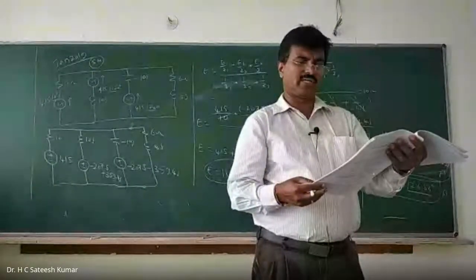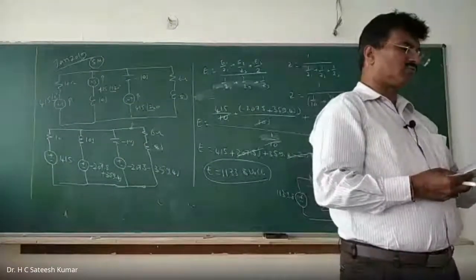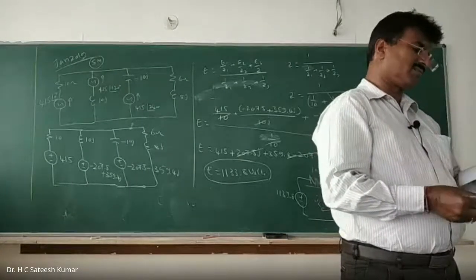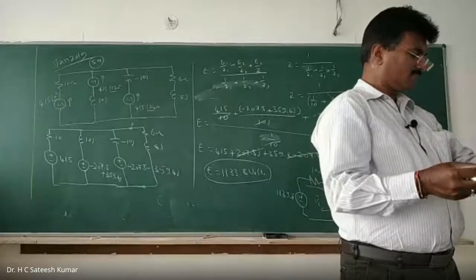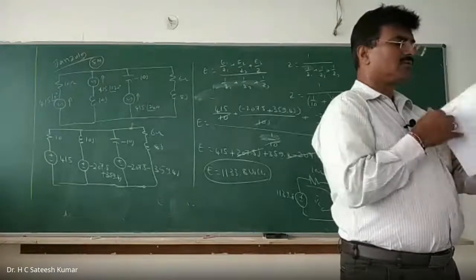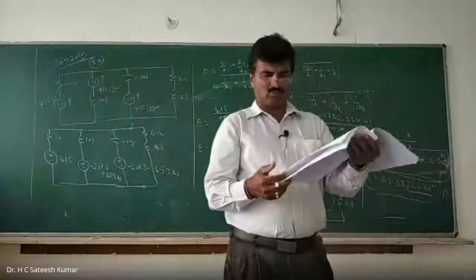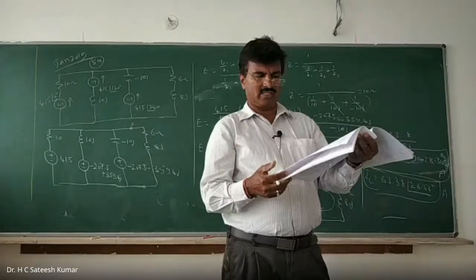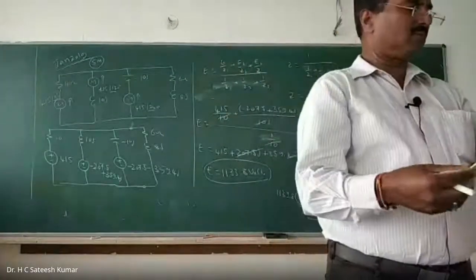Okay, 2018 paper, very simple problem with real values. 20 volts in series with 2 ohms, 40 volts in series with 4 ohms, 50 volts in series with 5 ohms, and load resistance is 9.4. Very simple, 6 marks. I don't want to do it. If any twist is there, I'll do it, otherwise no. 2017 also is a similar kind of problem. Find the current in the 12 ohm, 20 ohm resistor, 10J, 10J, minus 10J, 15 volts at an angle 45, 10 at an angle 0. Same kind of problem.